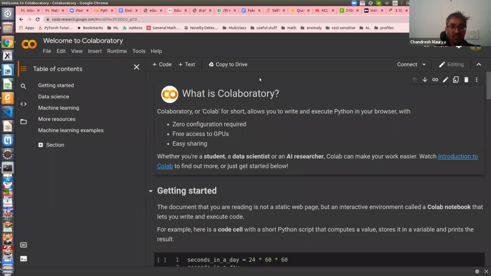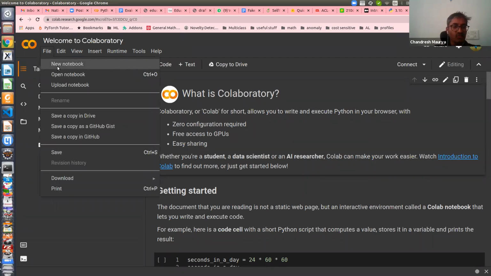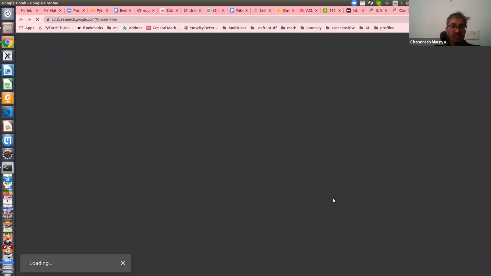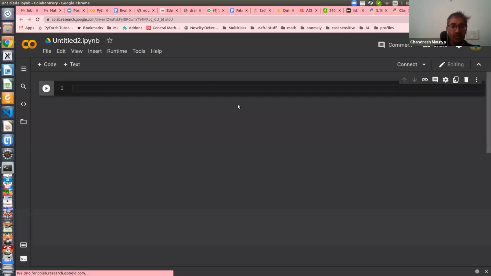So basically what you have to do, you go to the file here, go to the file and just click open new notebook. Create a new notebook, and then it will load the notebook. Yeah, now you are all set.